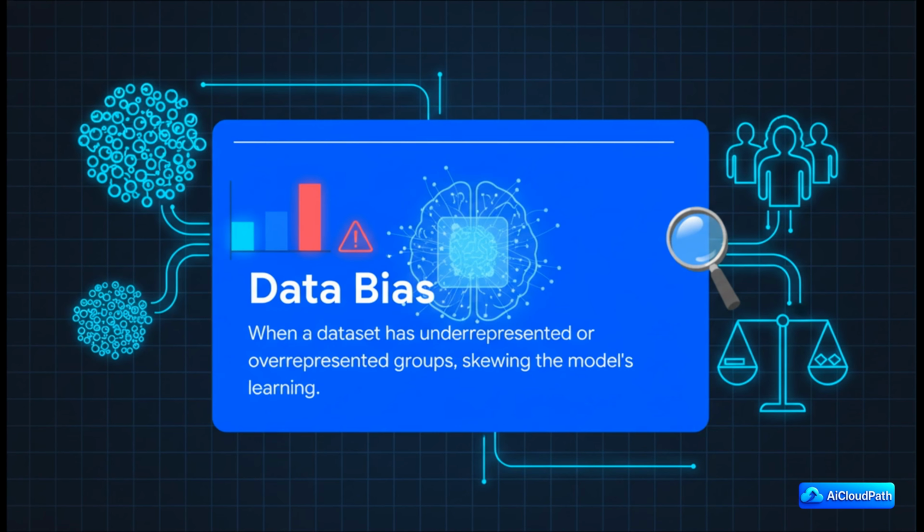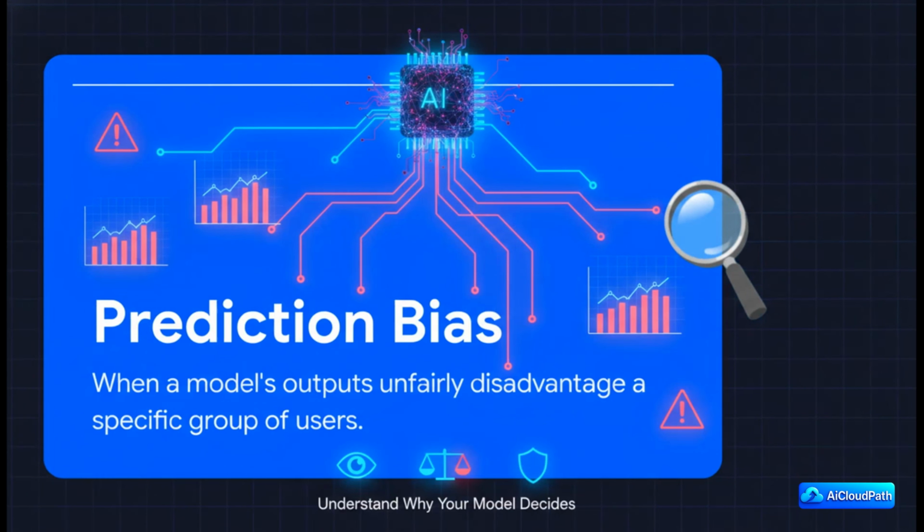I mean, think about it. If the data we use to train a model is skewed, let's say it has way more examples from one group than another, the model is just going to learn that imbalance. Clarify can scan your dataset and flag these issues before you even start training. But it's not just the starting data, right? Bias can also show up in the model's actual predictions. This happens when the model's outcomes consistently favor one group over another, even when their qualifications are pretty much the same. Clarify helps you spot if your model is producing these systematically unfair results.